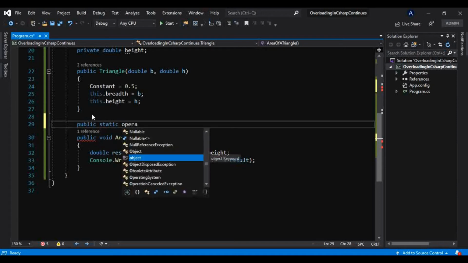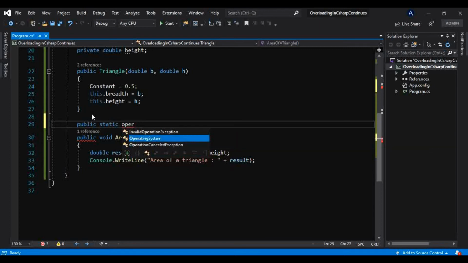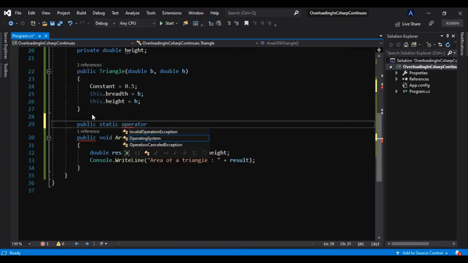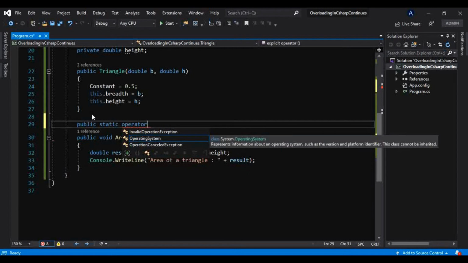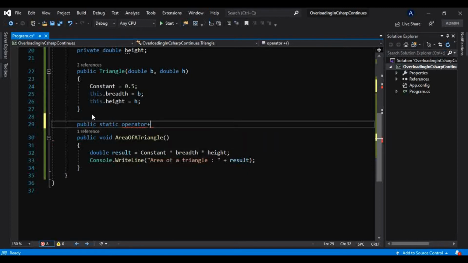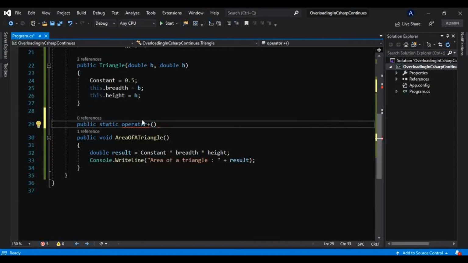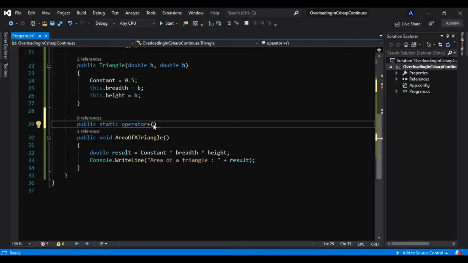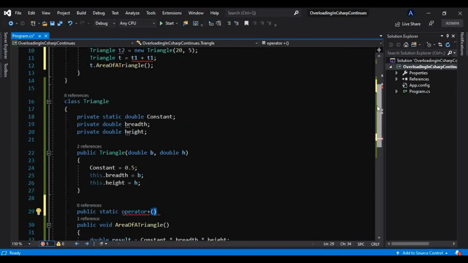To overload an operator, you have to take the prefix operator like this, and you have to overload the operator that is plus like this. And again keep in mind, whatever operator you want to overload, whatever operator is overloadable in C#, you have to pass the first parameter as the type which it is contained in.